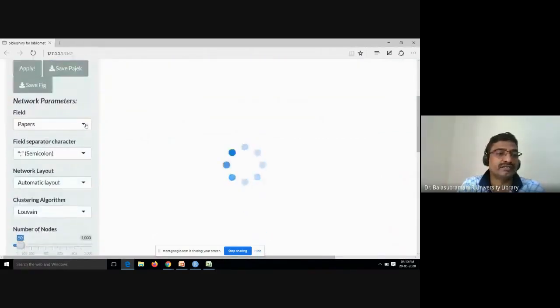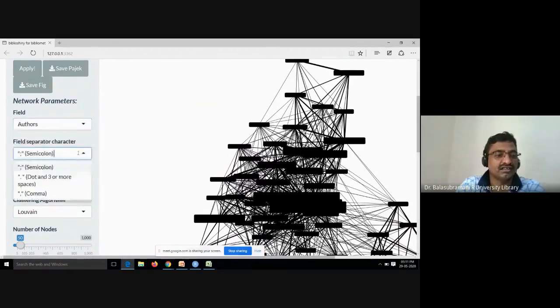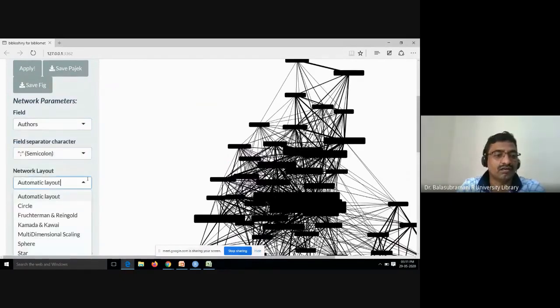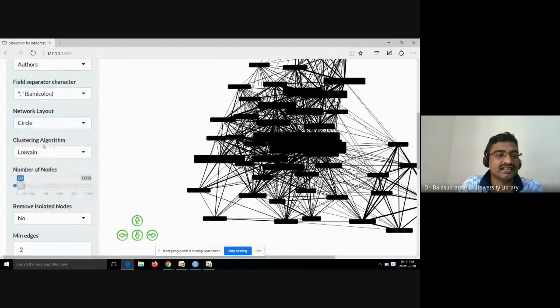On the left side you can see the network parameters. You can analyze paper-wise, author-wise, source-wise. Automatic layout, circle, sphere, like that is there.